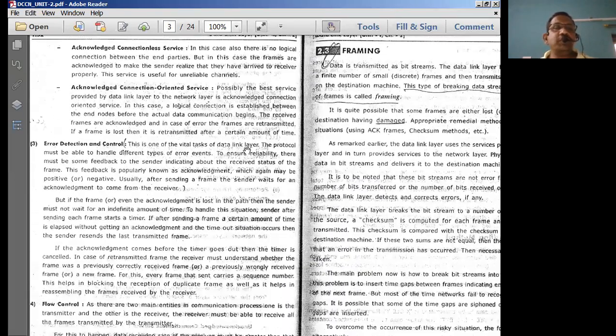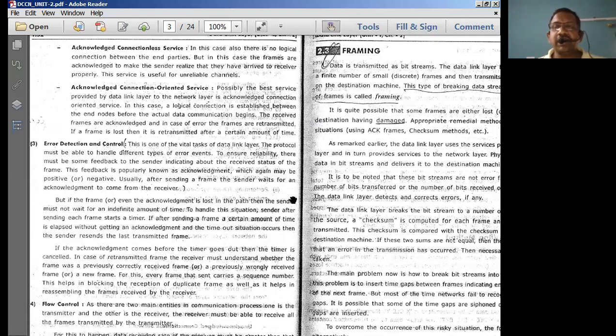The next important functionality is error detection and correction, the error detection and control mechanisms. Once data is transmitted over a network to a long distance, there is always a possibility that the data is going to get corrupted.